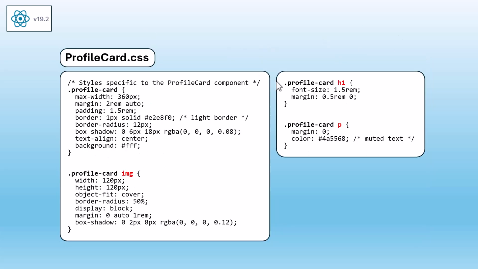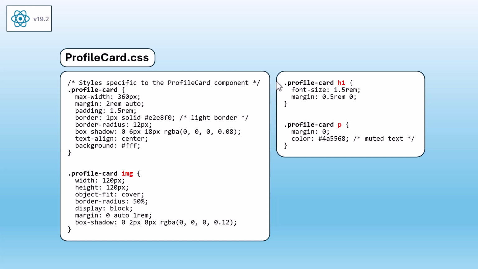This CSS file contains the styling specific to the profile card component. The profile card class defines the container styling. It sets a maximum width so the card stays compact, adds padding, rounded corners, and a subtle drop shadow for a clean, modern look. The text is centered and the background is set to white to make the content stand out. The profile card IMG style ensures each profile picture has a uniform size and appears as a perfect circle